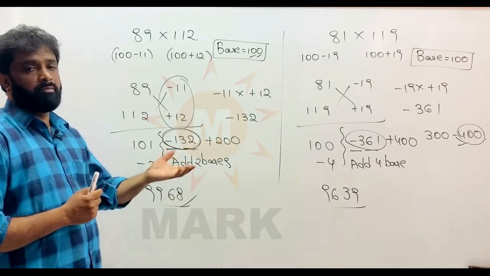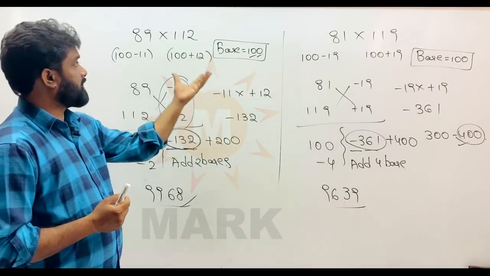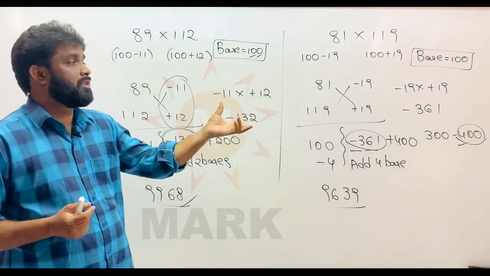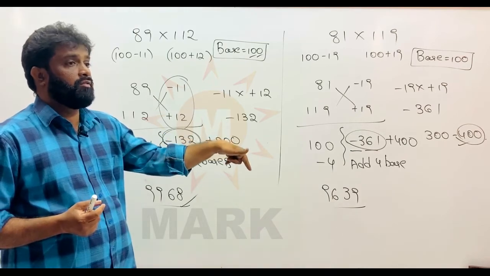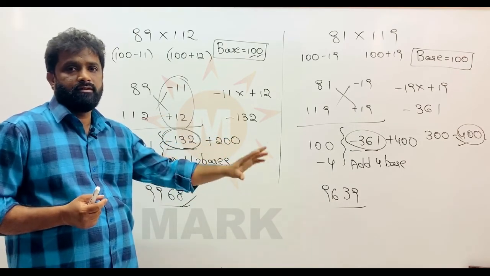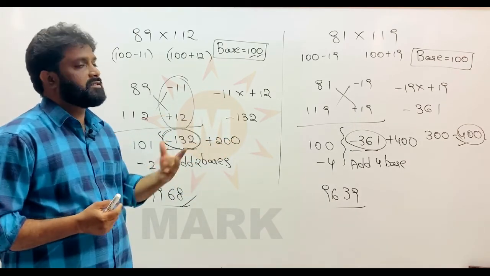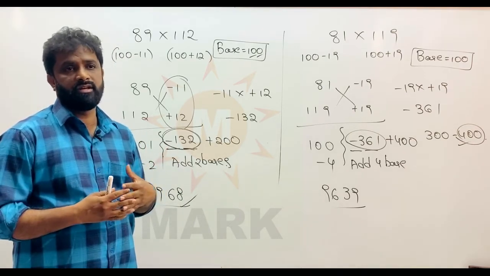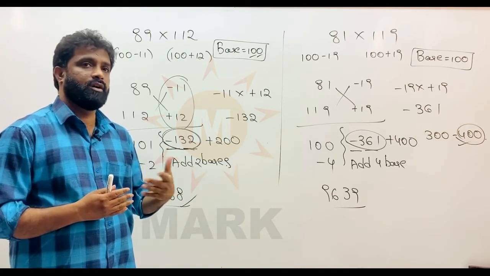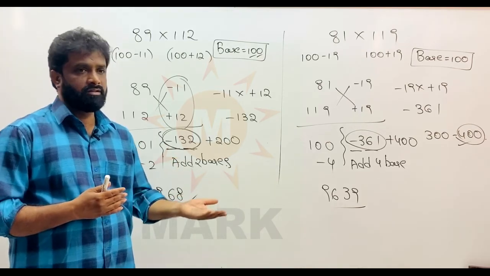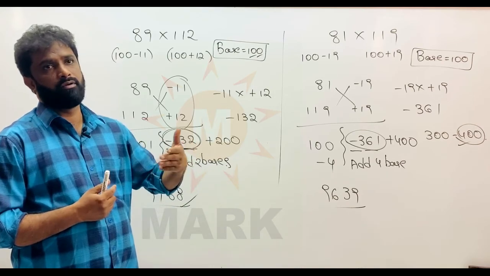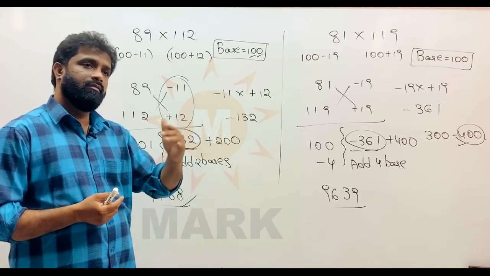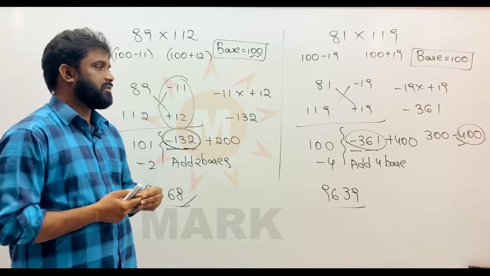So when you get two numbers where one is in the lower neighborhood and one is in the upper neighborhood, along with carry forwards, very rarely do we find this technique. I hope you like these techniques to multiply numbers in the neighborhood of 100, 1000, 10,000: both in the lower neighborhood, both in the upper neighborhood, or one in the lower and another in the upper, with carry forwards and without carry forwards.